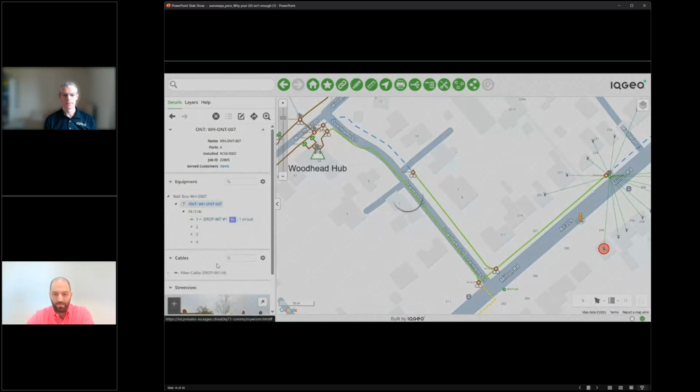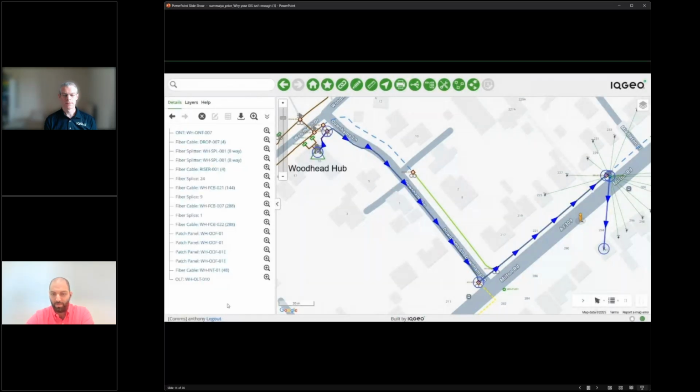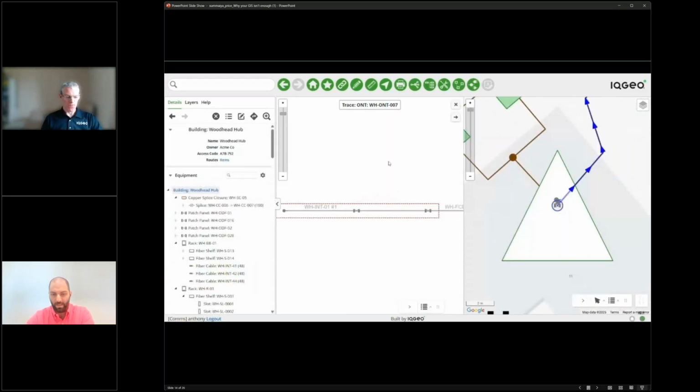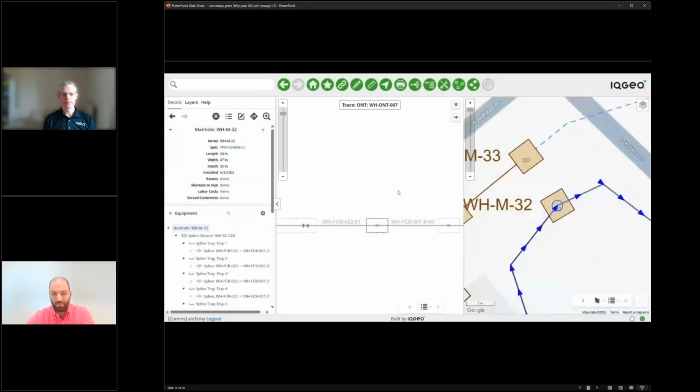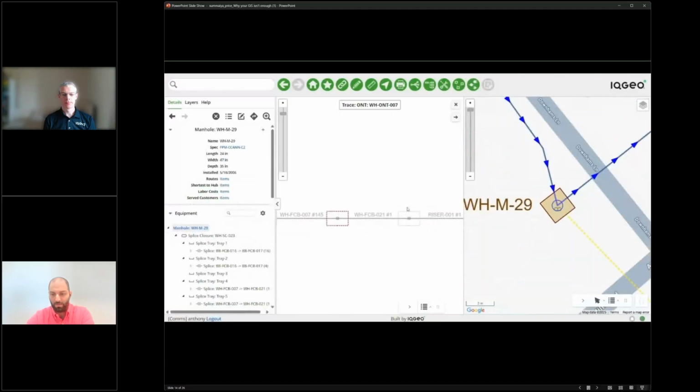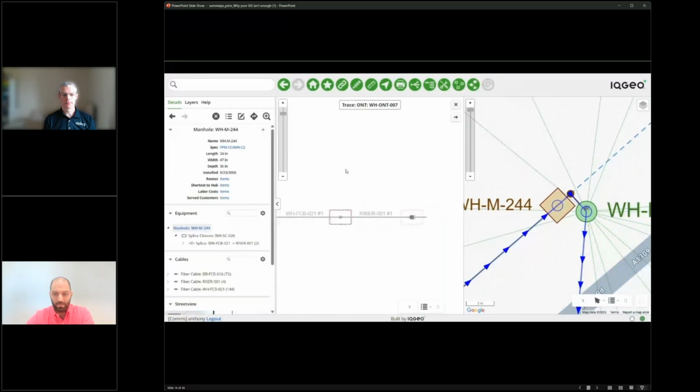Now going back to the ONT, we can do an upstream trace to inspect the details of that optical path, going through the equipment and splices or connections along the way, as you can see. Switching to the schematic view, we are able to navigate through the optical path dynamically and via the map. So starting from our hub and then switching outside to the OSP part, from the different cables to the different structures that the light traverses essentially in order to reach the customer at the ONT.